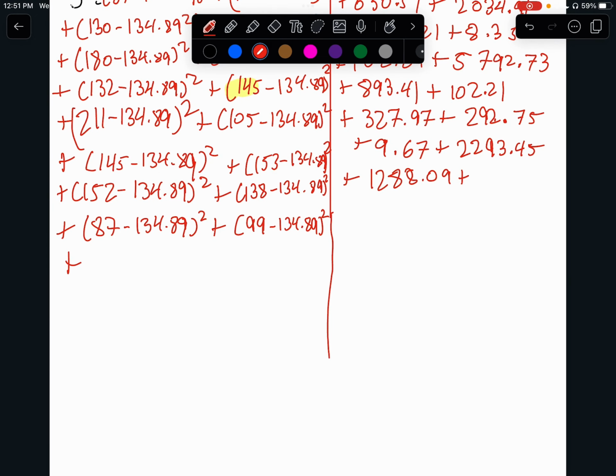So we have to extend this line down a little bit more. 93 minus 134.89 to the power of 2. So we do the calculation, we get 1,754.77 plus